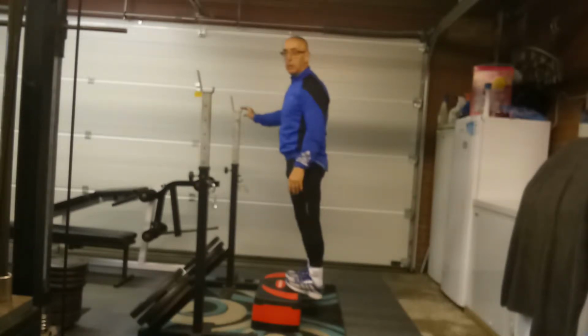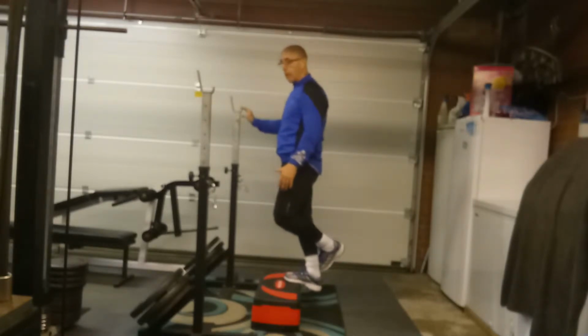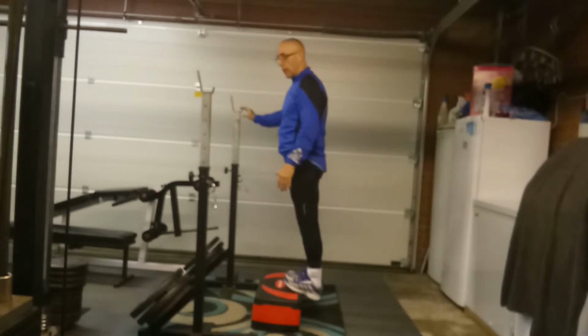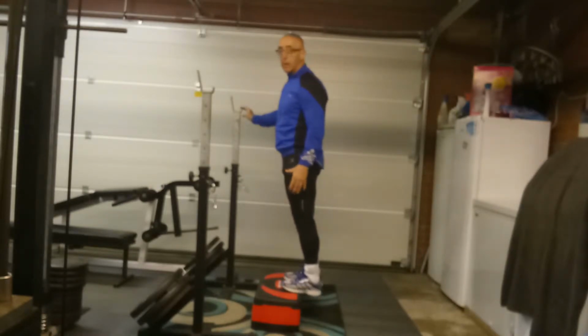If I need to hold it longer than that, I would probably look at putting more resistance on whichever stretch it was, or looking at more advanced stretches. Now when you hold this, you can do it with just one leg like so and drop the heel, or you can do it with both, drop the heel. But basically you've got to feel that stretch. If you're not feeling the stretch, you're not quite doing something right. So from there you just drop the heel down as far as it'll go. Initially you might not go far, because